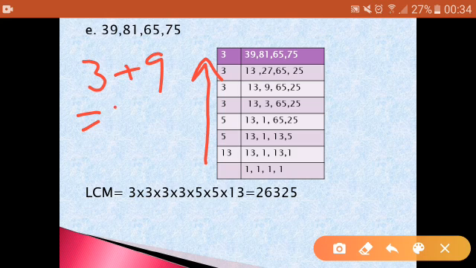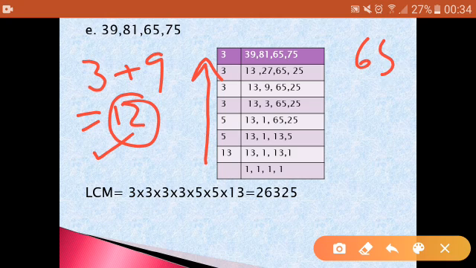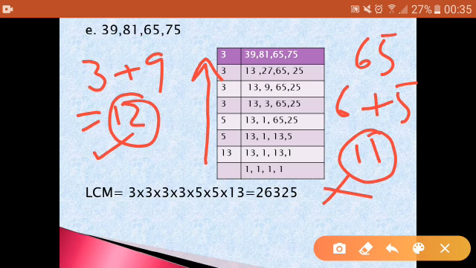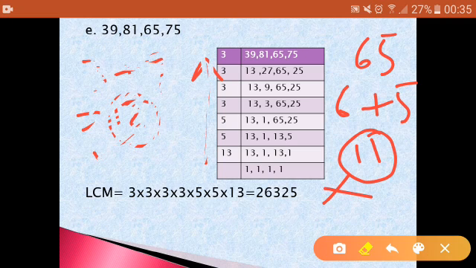3 plus 9 is equal to 12. So that means this 12 is divisible by 3. So we can use this divisibility rule to divide it. So 3 times 1 is 3 and 3 times 3 is 9. Suppose 65, I want to check with 3. 6 plus 5, 11. So that means this does not go in 3 times table. So 65 will remain as it is. 81 also goes in 3 times table. So 3 times 2 is 6, 2 left, and then 3 times 7 is 21.